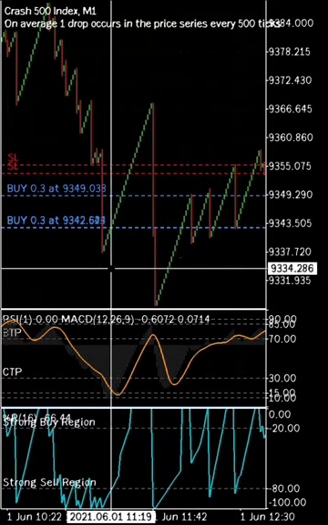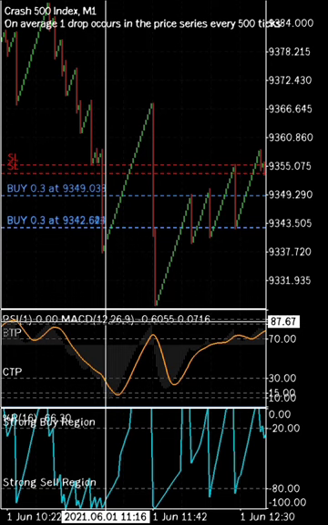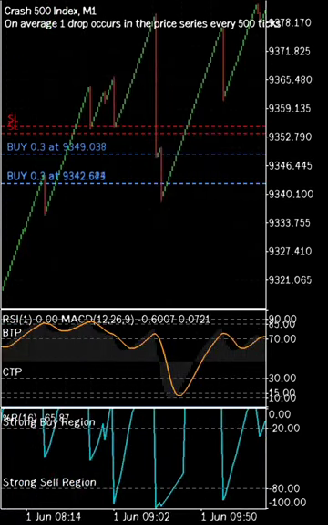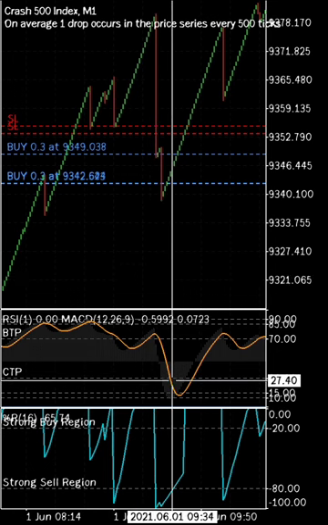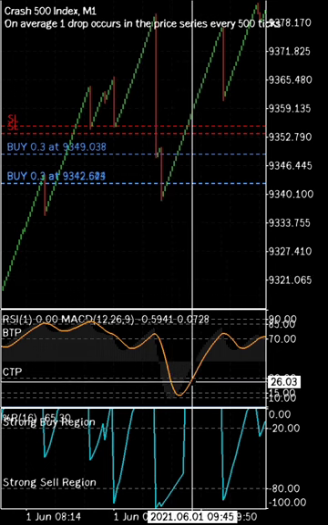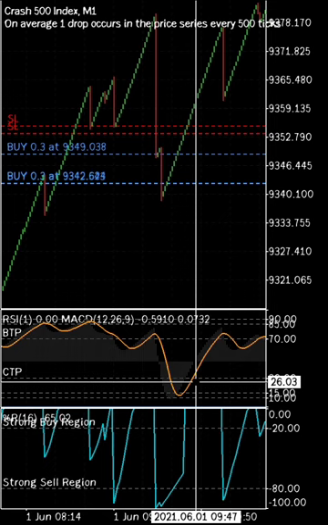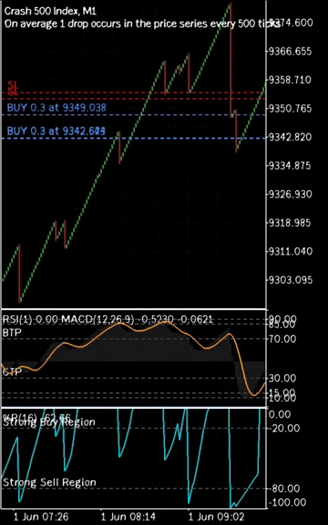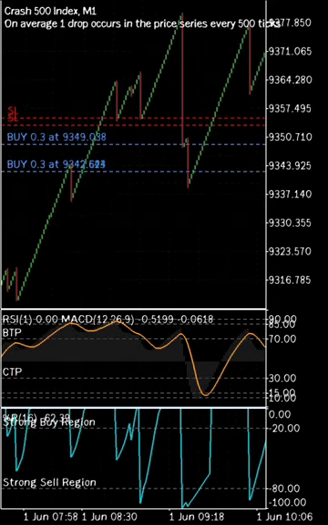As you can see also, you enter for what? Your buy here, and you exit here. Another quick one, you enter your buy here, and you exit here, and see you catch as much as 8 to 12 candles, if not more. But you first do what? You go for your confirmation on the higher time frame. Check if the Williams percent rate is at the strong buy level for crash, and check if it is at the strong sell level for boom, and then you come to the 1 minute for your entry.